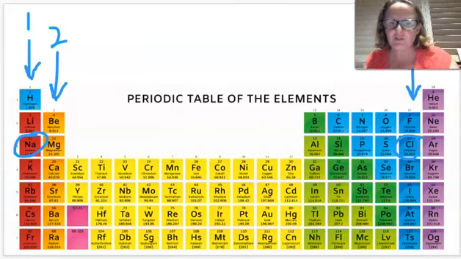So if it interacts with sodium, it could actually take that extra electron from the outer energy level to fill up its energy level. And this sort of desire, you can't really desire something for an element, but this energetic requirement to either lose an electron from the outside energy level or to gain an electron into the outer energy level to make the energy level full is sort of the driving force of chemical reactions. And this is called the valency. So if we have a look at the next slide,